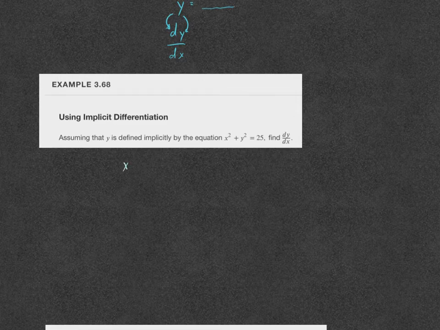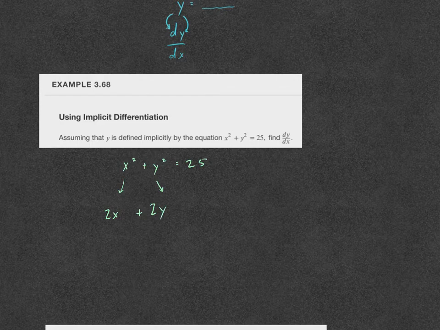I'm going to rewrite my equation: x squared plus y squared equals 25. And I'm going to look at each term individually, left-hand side and right-hand side, and take their derivatives. The derivative of x squared is 2x, just like it always has been, plus the derivative of y squared. We use our regular power rule. The derivative of y squared is 2y, but